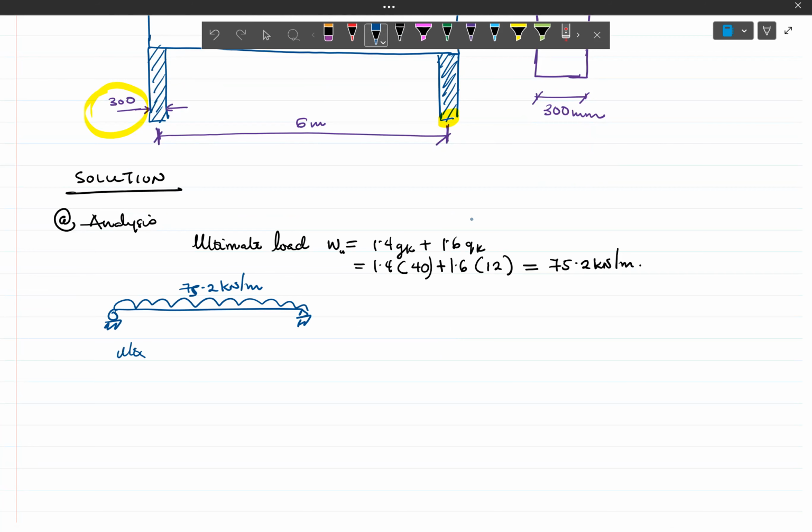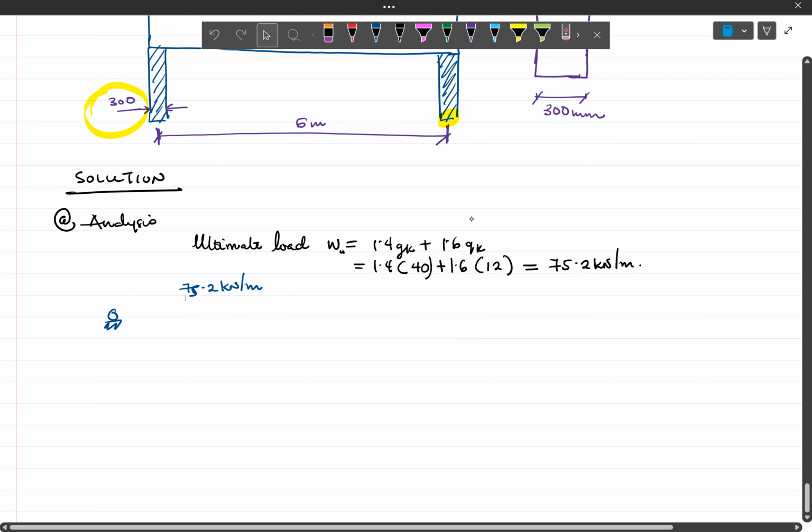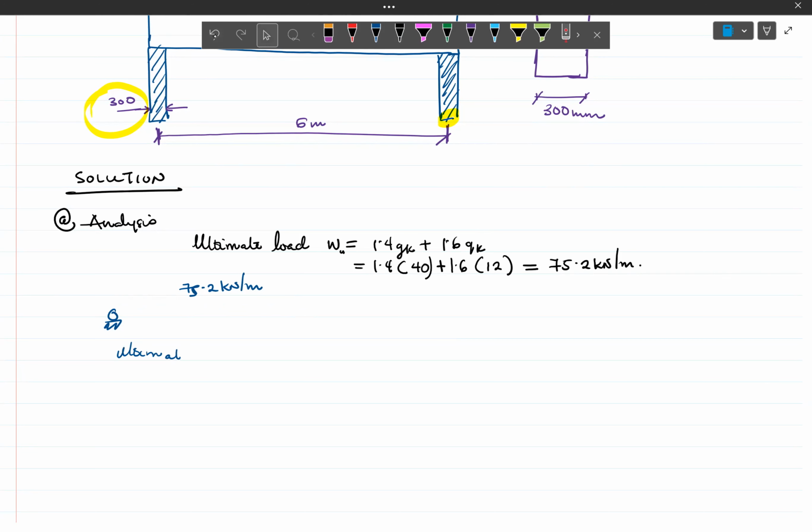So let me just redraw all of that. Okay. So the maximum design moment that is